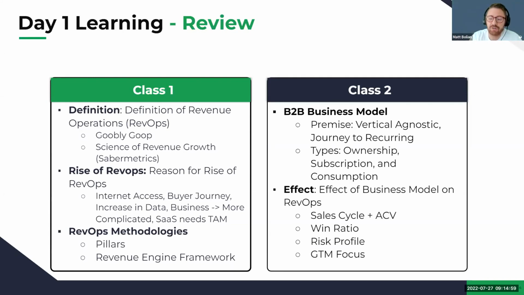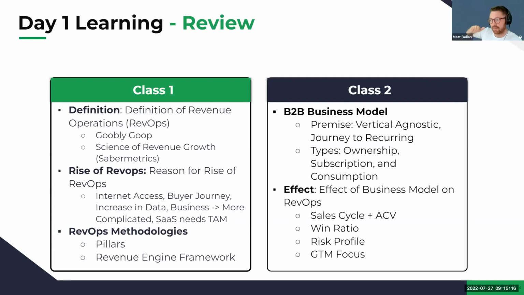We talked about the pillar issue, where there's a lot of pillars everywhere. There's 3 pillars, 4 pillars, 5 pillars, and 6 pillars, and it doesn't mean a whole lot. And that we started putting it into a revenue engine framework that is built on this Winning by Design framework, and then adding it and saying, here's how you do revenue engine inside HubSpot.